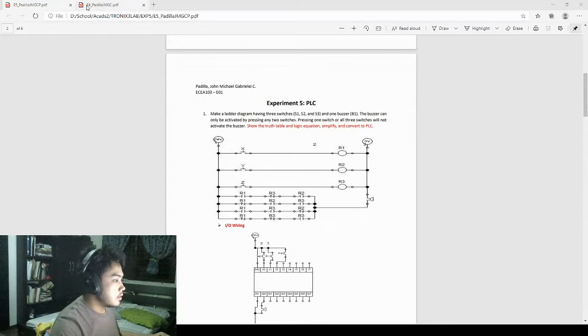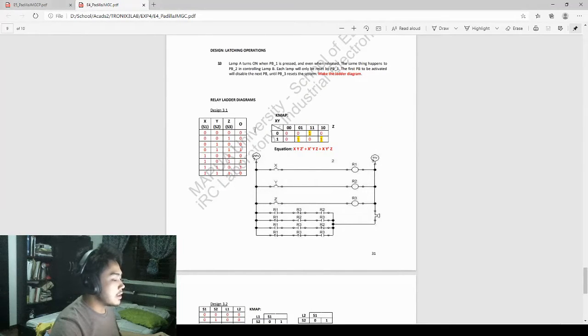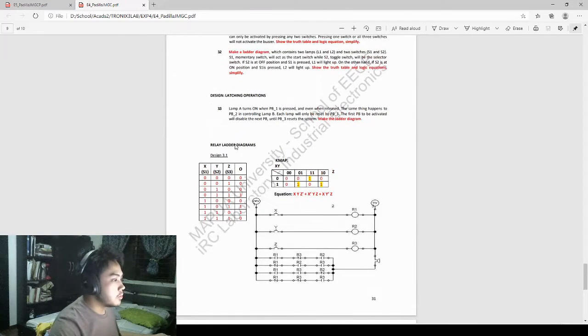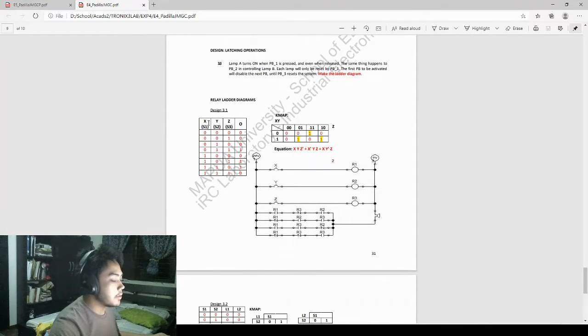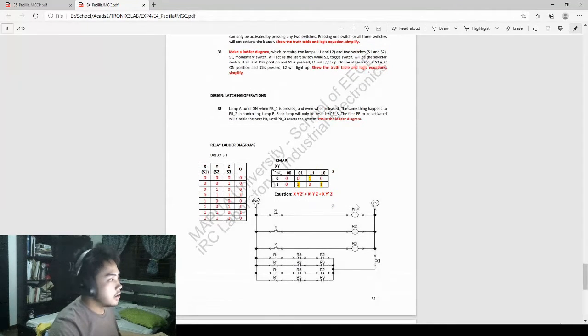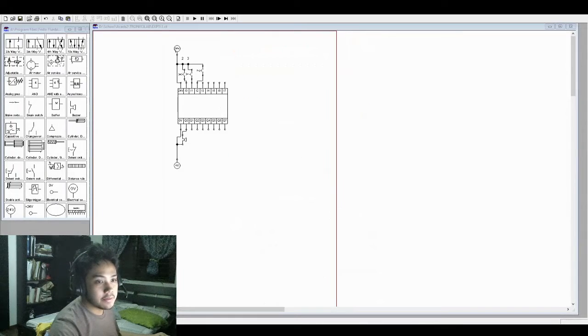Now, going back to experiment 4, we already created the truth table, and we already used a K-map to obtain the equation of this problem, which will later help us in programming the logic module. Here we can see the truth table, and here is the ladder diagram for number 1. Now, going on to the circuit that we made,